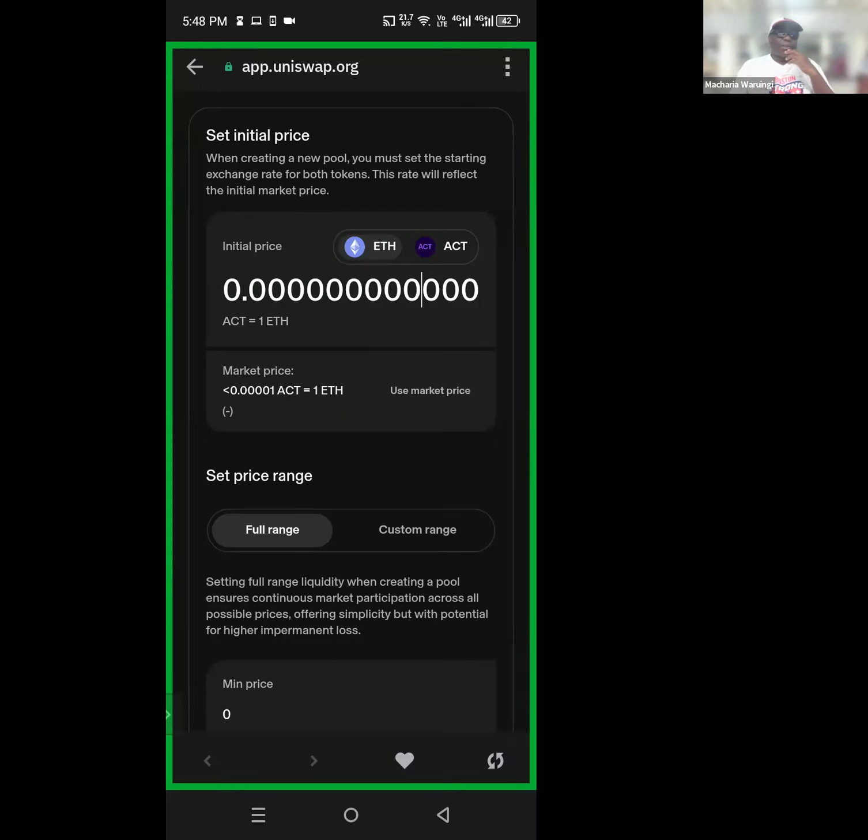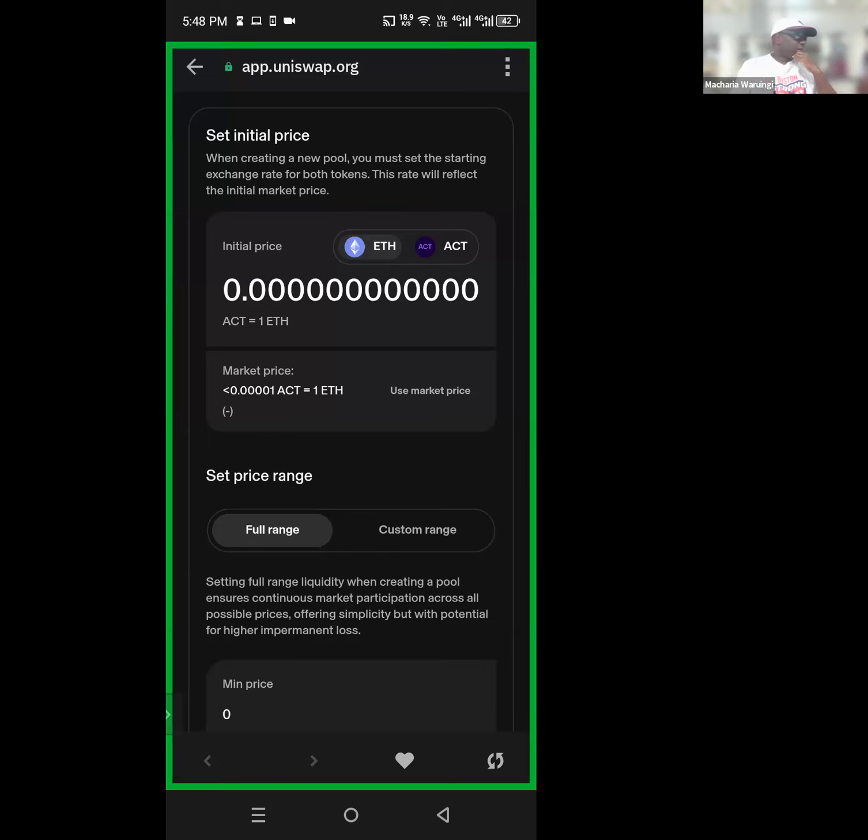Okay, go ahead, Susan. So, for example, set this one to go for $1 per token. Let me just calculate the ratio of Actuate to ETH that we will need so that I can key in the amount of ETH required. Because the whole thing is that the price is not in dollars, it is in ETH.